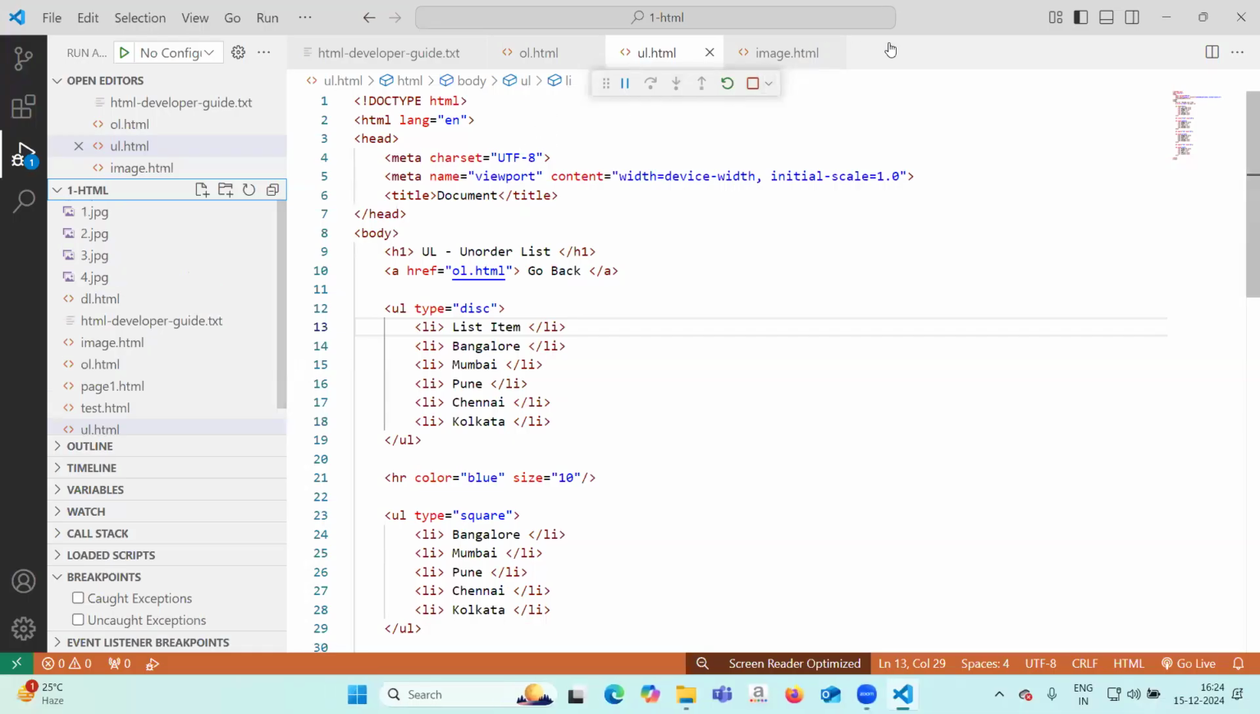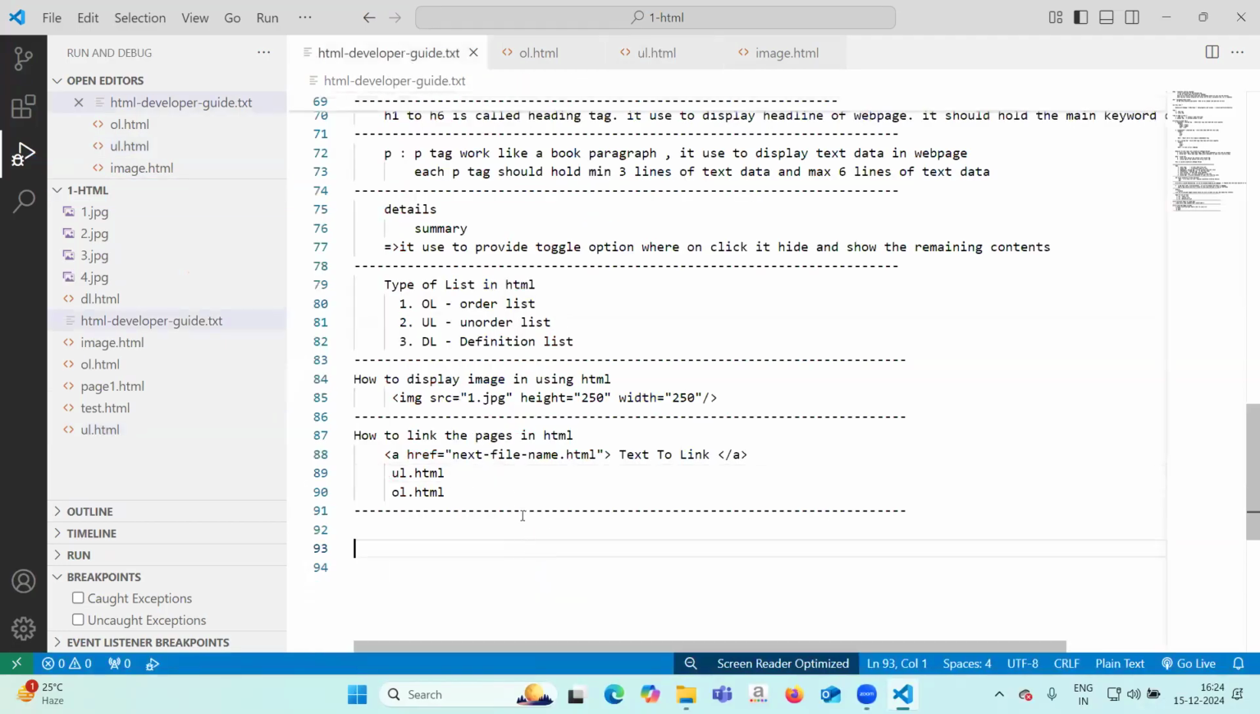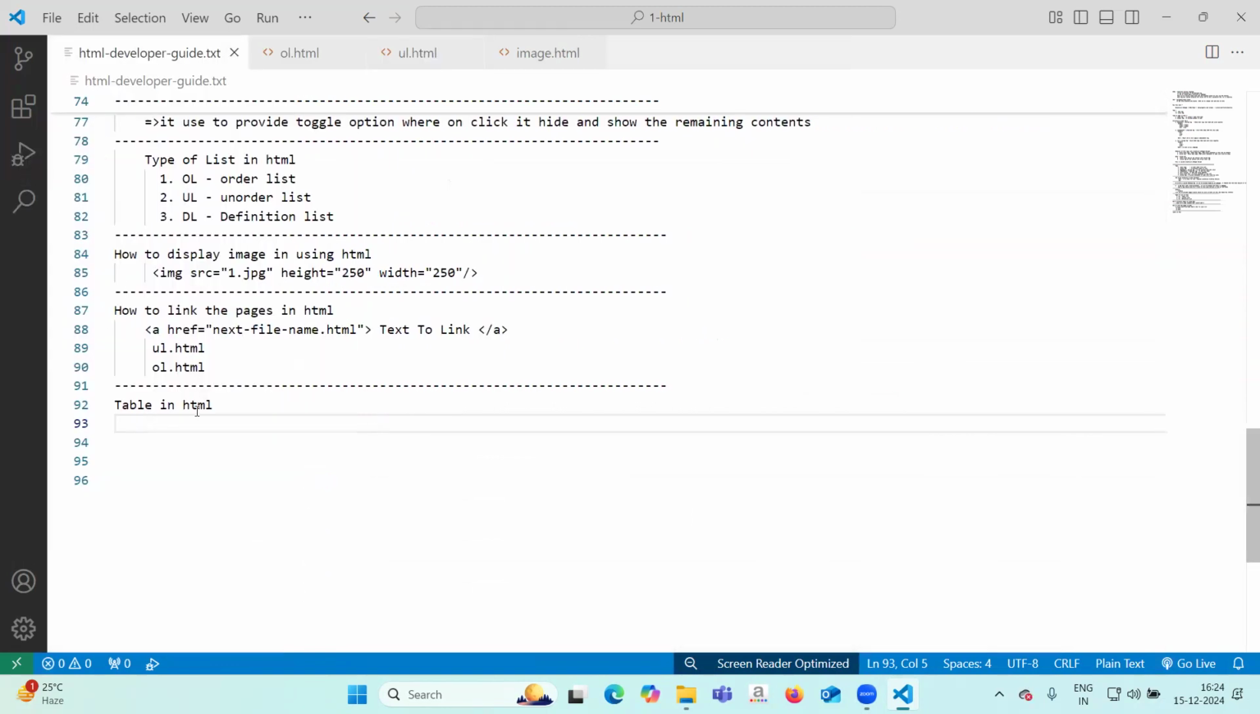Okay, next. So this linking is done now, that is through the a href. Now right below, another point. Just write simply, table. Table in HTML. So we have two ways, we can create the table using two methods. Write, the first method. First method is